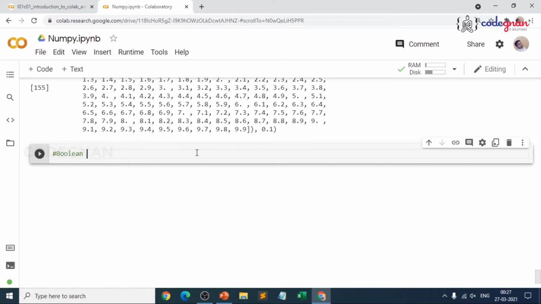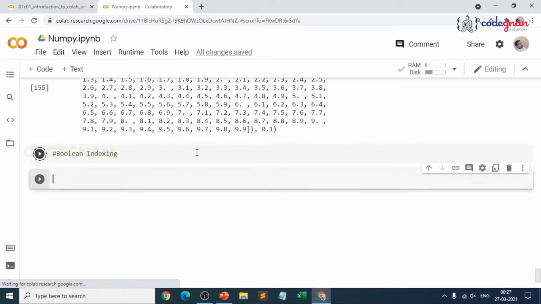So when you go for Boolean indexing, I'll take an example where I'll have an array with some names with duplicates and another array with some data, where in this case I'll not give myself the data. I'll ask my NumPy array to generate the data. It sounds interesting, right?